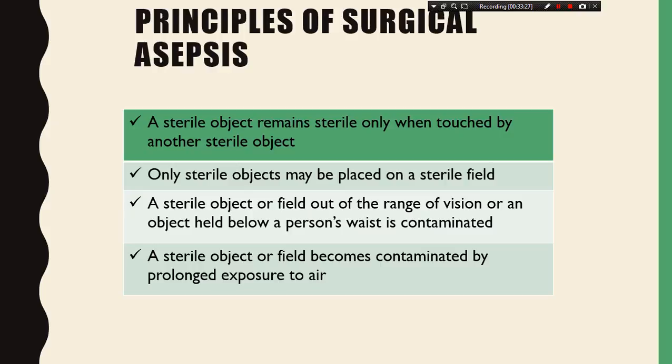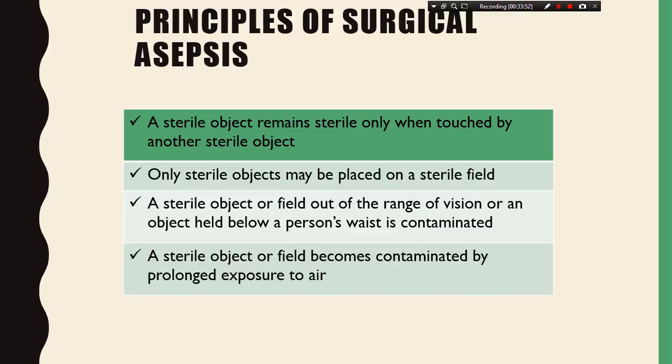Only sterile objects can be placed on a sterile field. If a non-sterile object or clean object falls into a sterile field, the sterile field is now contaminated. A sterile object or field out of the range of vision, or an object held below a person's waist, is considered contaminated. We need to make sure that we keep sterile items in our sterile field in front of us